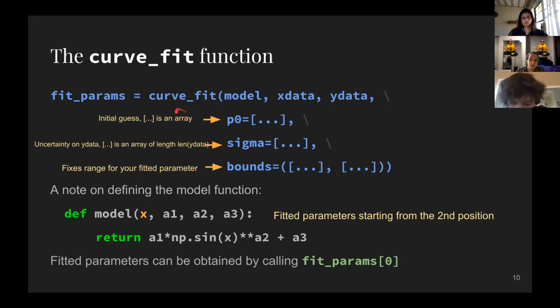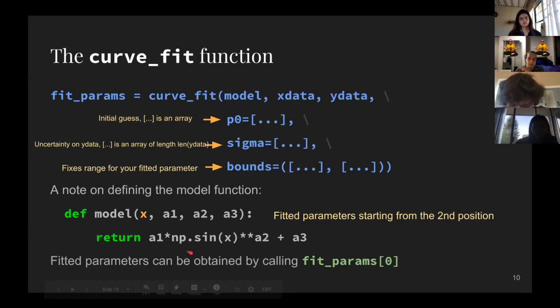In fact, what this function is doing is taking all of these different parameters and playing around with them, tweaking them, saying, oh, what happens if I make A1 -1? Well, what happens if I make A1 -1.1? And so on. And it does that with all the parameters based off of your initial guesses. And it finds the set of 3 parameters that minimizes that chi-squared value, aka minimizes the distance between every data point and the model itself. So that's what's going on there.